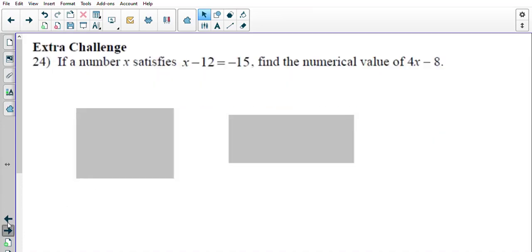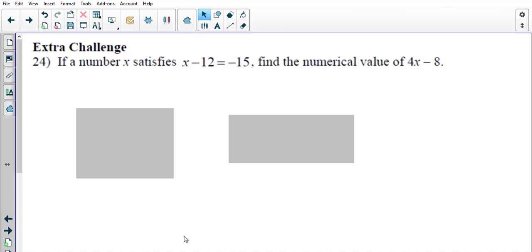All right, so I want to finish here with question number 24. Sorry, I went a step ahead. Number 24 is an extra challenge question. This is the last problem we're going to see before moving on to a new topic. Now, we will review some word problems in class as well, since I know it's something that students sometimes struggle with. So number 24 says, if a number x satisfies x minus 12 equals negative 15, find the numerical value